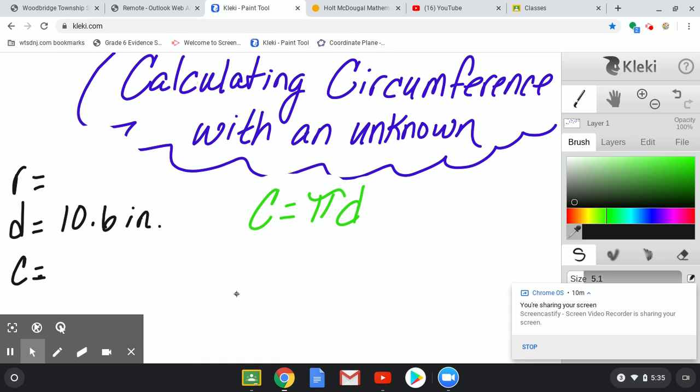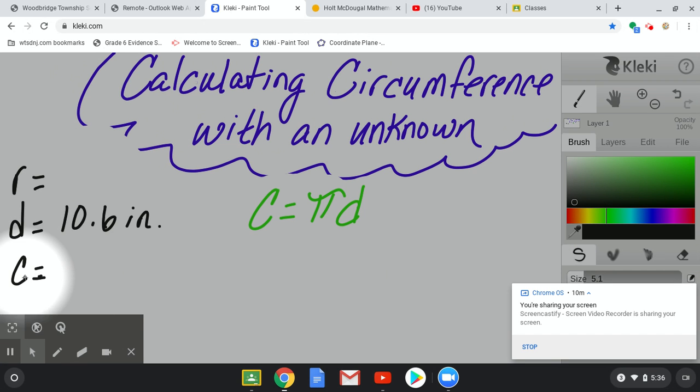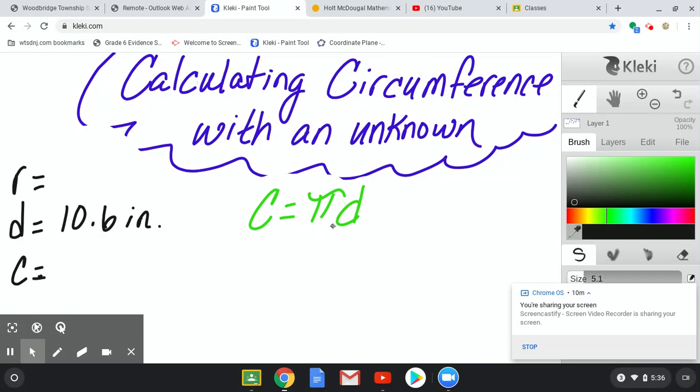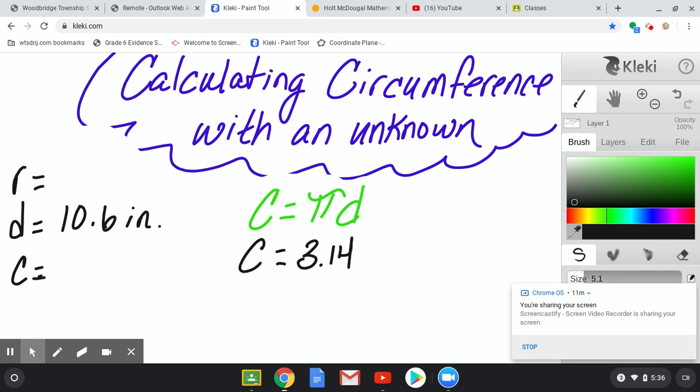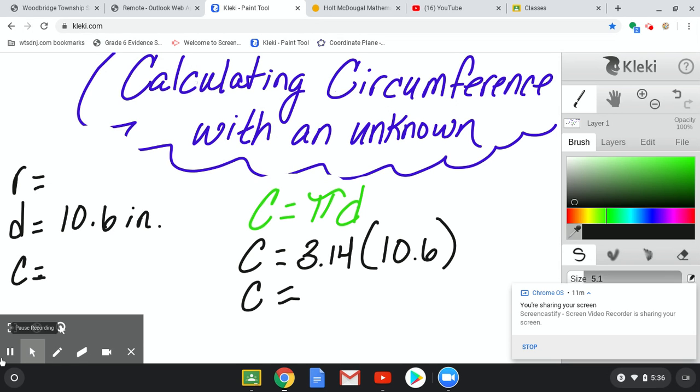Okay, I just want to show you, this is example 23 from the work page for 9.1. So in this case, our two unknowns are our radius and our circumference. They are giving us the diameter of 10.6 inches. So I'm just going to use my formula here. I don't know my circumference. I know that pi is equal to 3.14, so I'm plugging that in, and I know that my diameter is 10.6 inches. So I would multiply 3.14 times 10.6, and I would get approximately